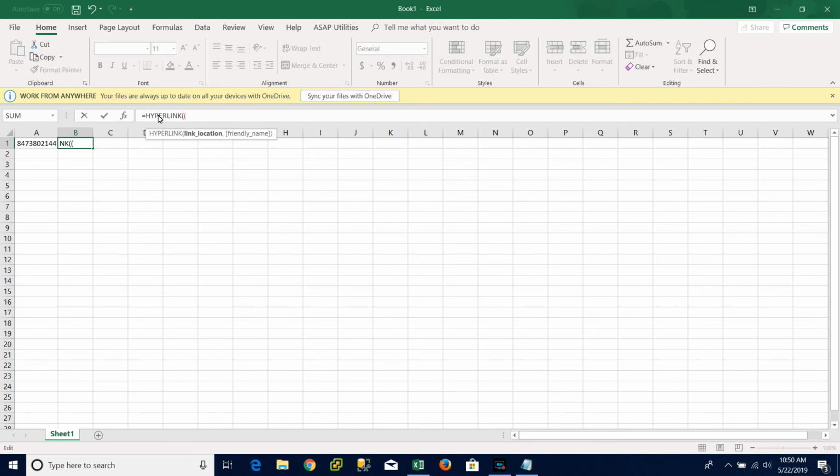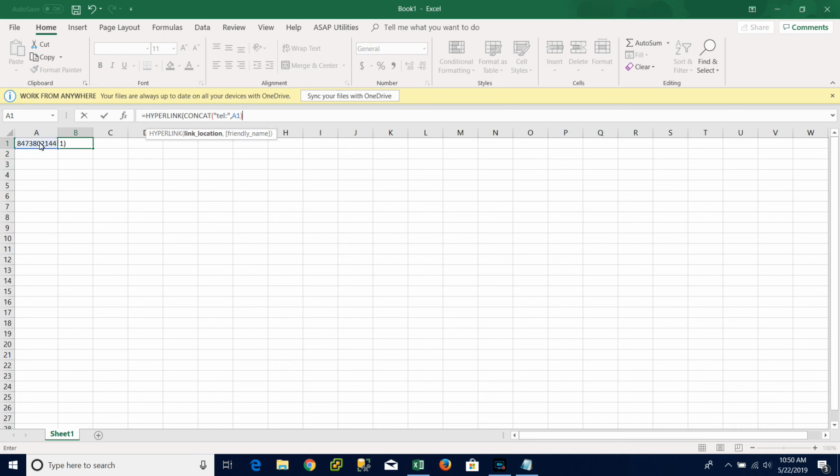and then CONCAT, to concatenate two strings. We're going to do a quote sign and then TEL and a colon, not a semicolon, but a colon, and close our quotes, then a comma. We're going to choose the field that has the phone number. We're then going to close the parentheses,